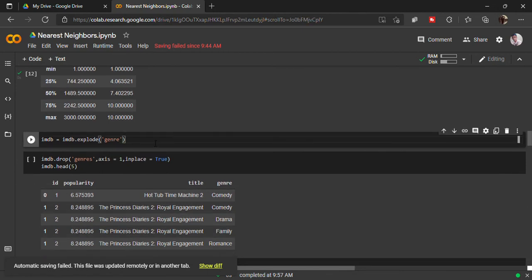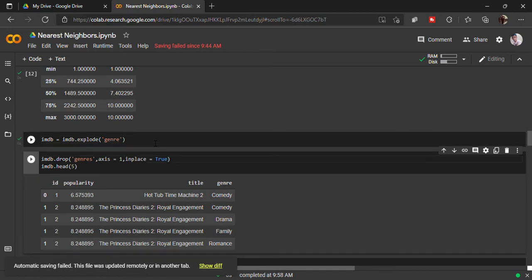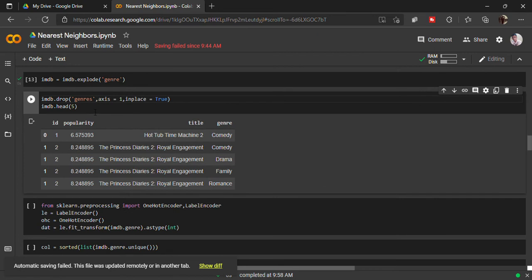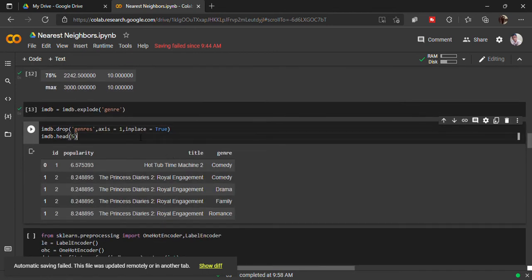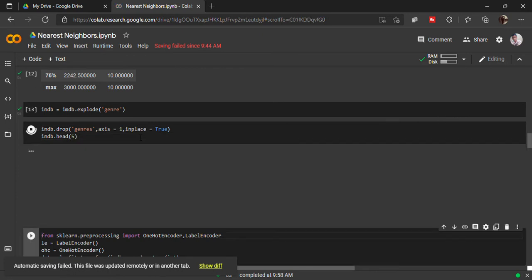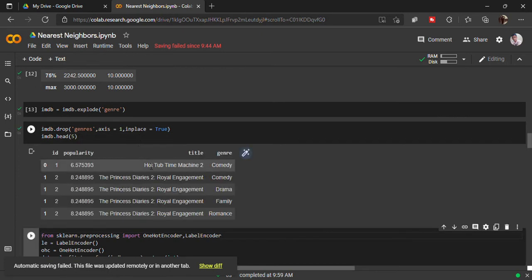So let's do imdb equals imdb.explode genre, right? You can see imdb.drop genres. I am dropping this genres column because we have already extracted the values inside it, and we don't need it right now. So let's drop that, and you can see what this explode did, right?